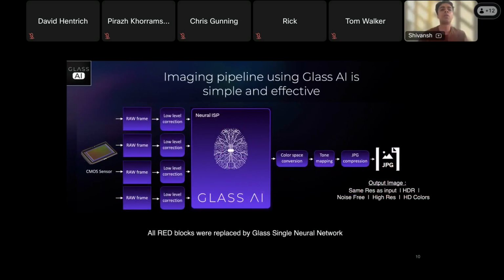Hence we move away from endlessly retuning blocks. Instead, we learn this pipeline so that it adapts to each device and it optimizes for a chosen look or chosen goal. So we still optimize this neural network training for customer requirements, but that optimization is more from training the network and not retuning the blocks. Therefore, we move away from block-wise heuristics and move closer to data-driven and goal condition optimization.